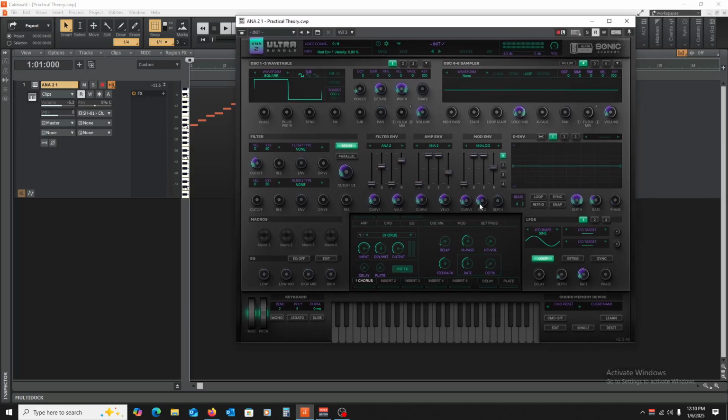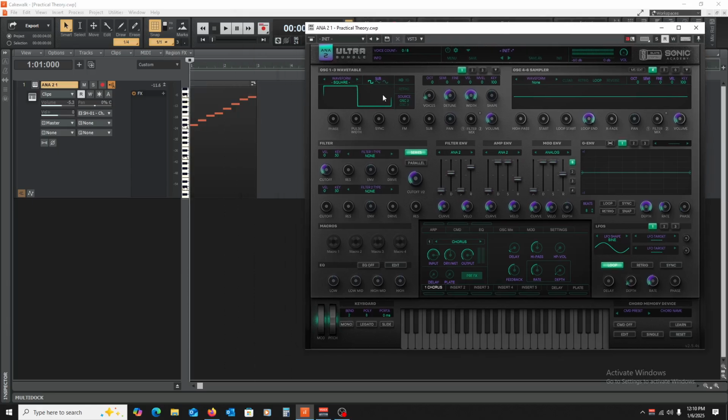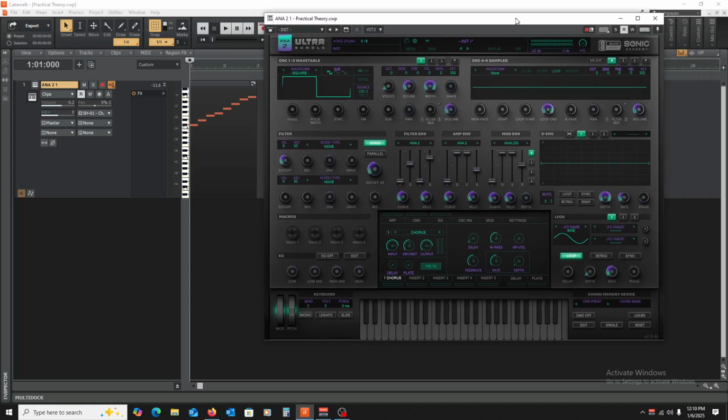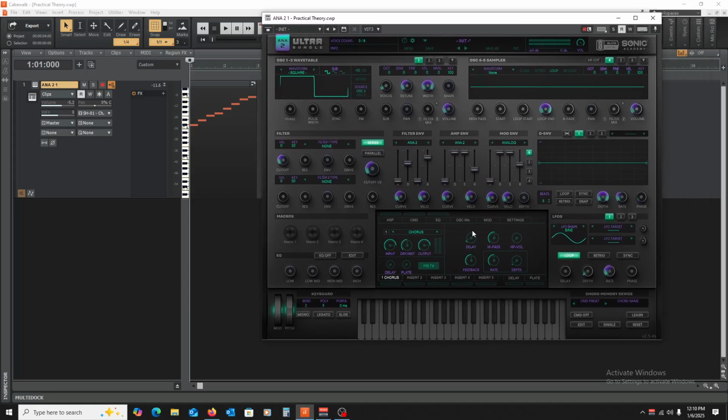And what we want to do is we want to have the sound of this square change over time. We don't want it to be stagnant. We don't want it to sound the same note to note, or measure to measure, or whatever. We want it to change. And so we can pick what we want to change about it. Some common ones are going to be volume, pitch, filters.